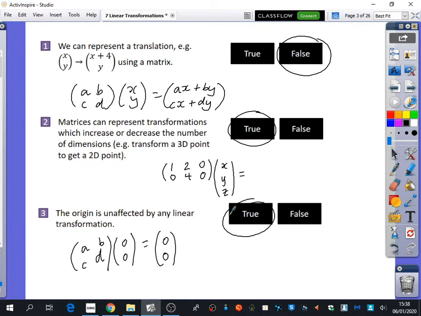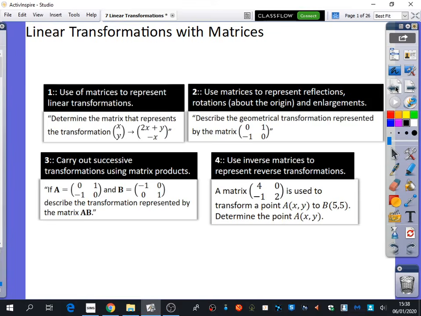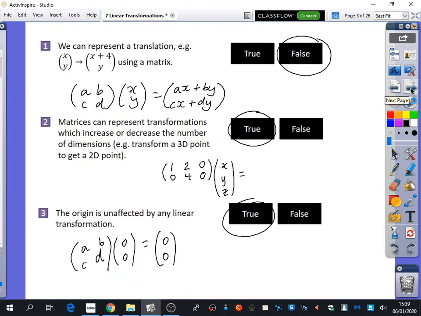Now, if you see on the very first page that we've written, we had said that matrices can be used to represent reflections. The origin is not going to be affected for the reflections we look at. We're going to be looking at reflections through the origin, rotations about the origin. We can't do rotations with matrices unless the origin is the point that remains fixed, okay? And enlargements with a center of the origin. So the key thing for these is that the origin cannot move, it cannot be affected, because it would need to have this kind of thing,